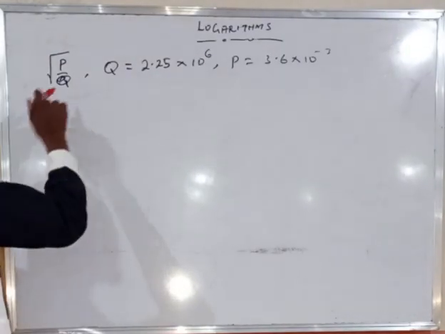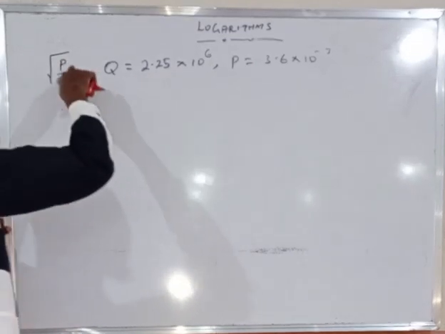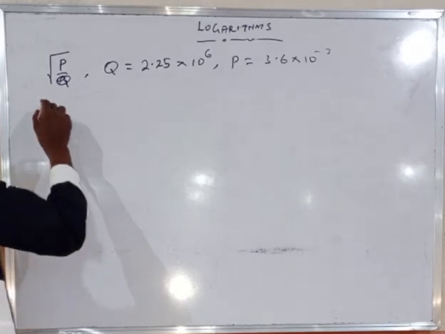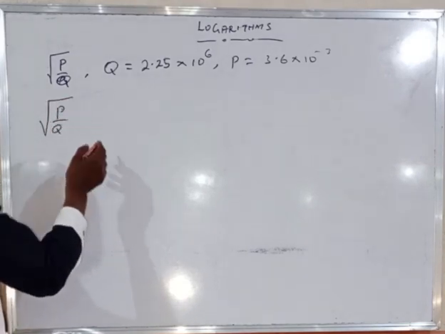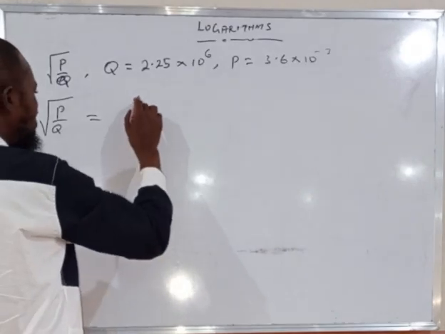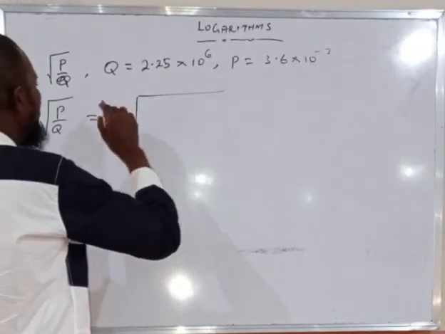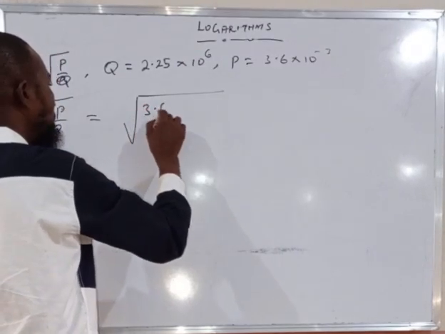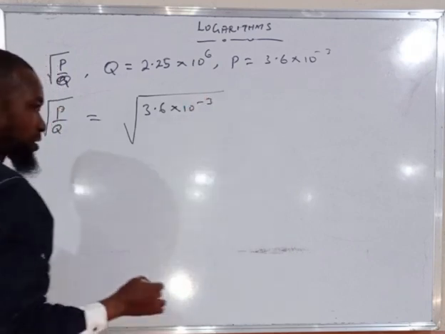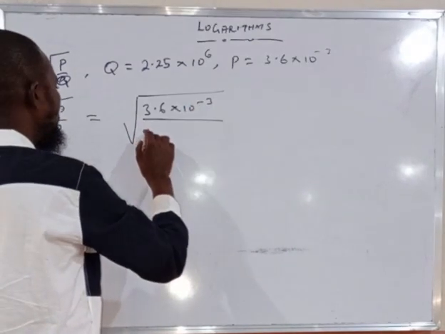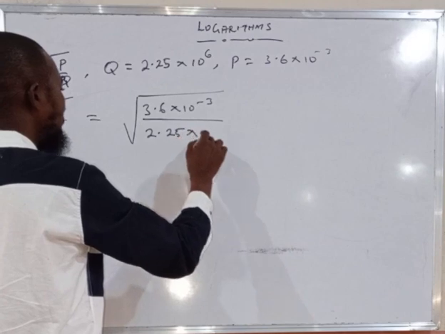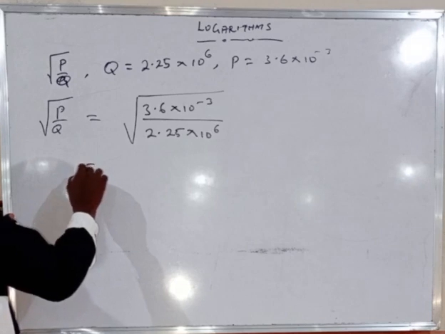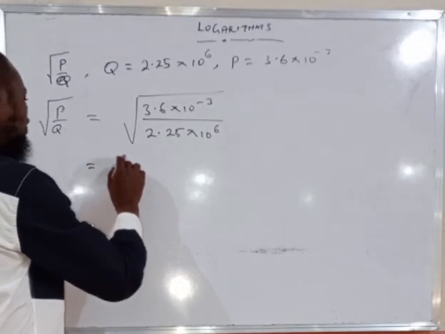Now, instead of them giving us this and this directly in the square root, it is done this way, Abi. We need to know that square root of P over Q is the same thing as square root of P, look at where they put P, over Q. You write 3.6 times 10 raised to the power minus 3 first, followed by what? 2.25 times 10 raised to the power 6. So this is where we are going, which is equal to square root of,